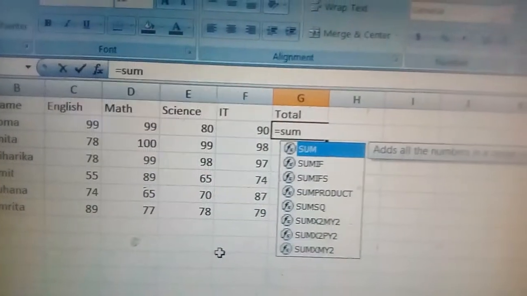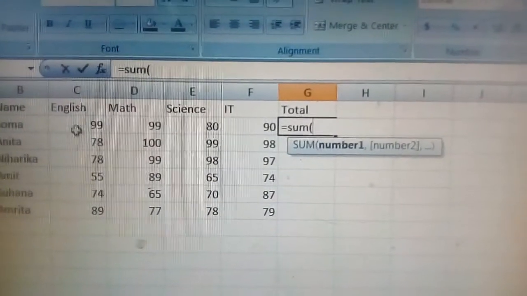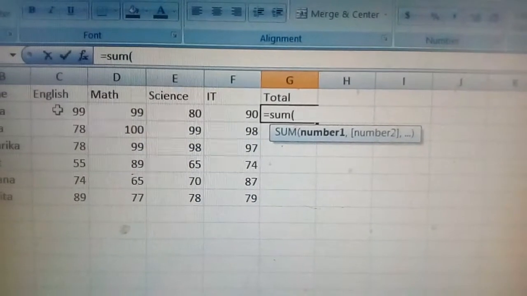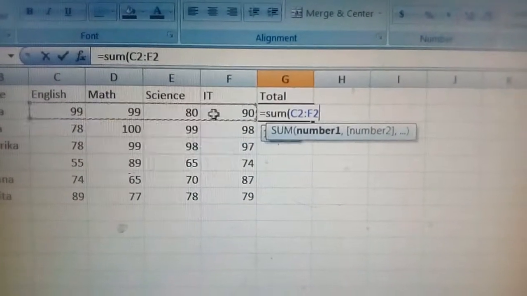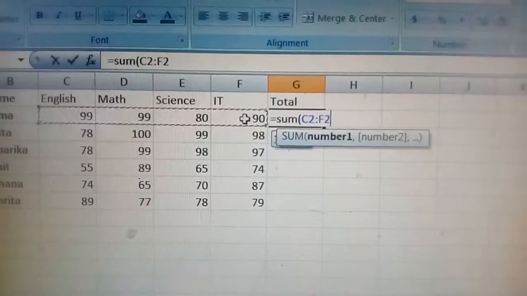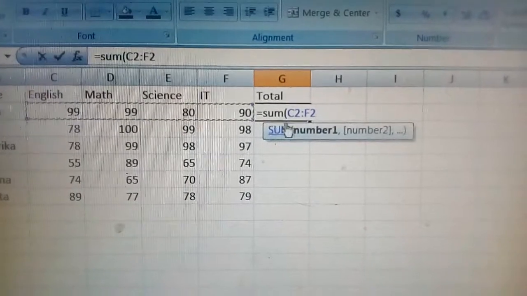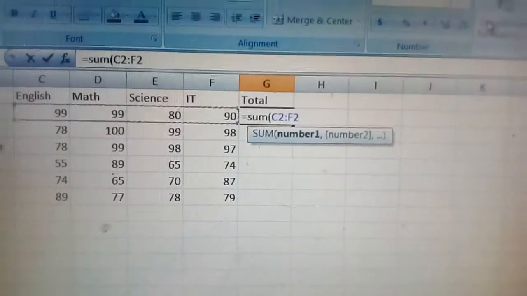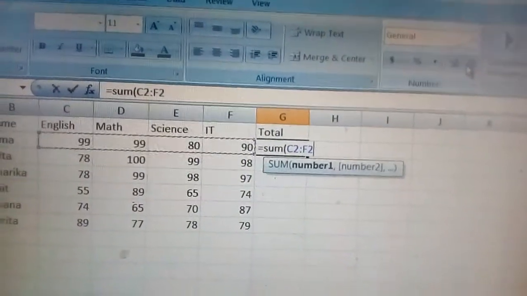Now you have to give the first bracket and then select the numbers. First you select the first one and then drag your mouse. After dragging, release your mouse, release your finger and then close the bracket.